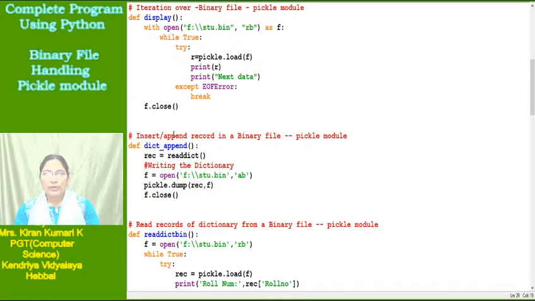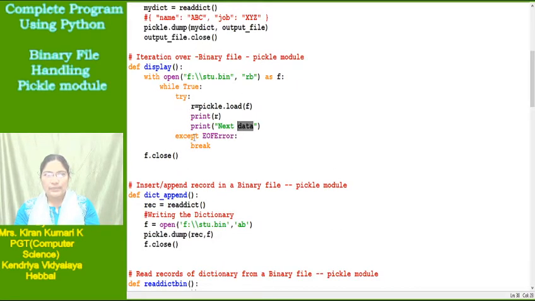Then how to perform a display using iteration, using a loop. With open file as f, as long as this f exists, load the contents, because as it is a binary file, every object is to be read one at a time. One object is read into R and that is displayed. I added a print statement, next data, so that it will be easy to understand. Object by object it will be read, in the same format as it was stored in the binary file. Now close the file once the display is over.